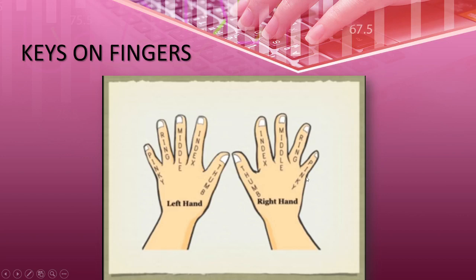So these are the names of the fingers that you have to remember whenever you go to your computer lab and you are typing using the keyboard. You have to put both hands on the keyboard and remember which finger goes on which key. We learned all these things in the previous lecture, right? Yes, we learned it in the previous lecture.